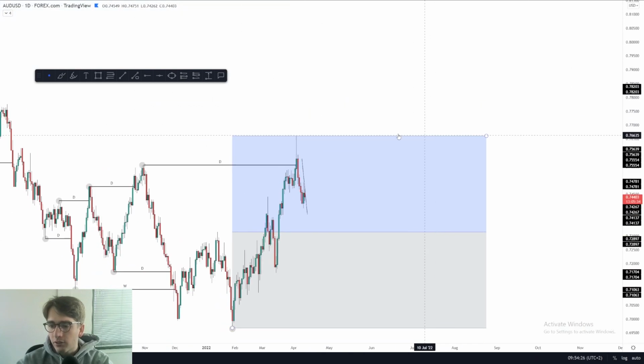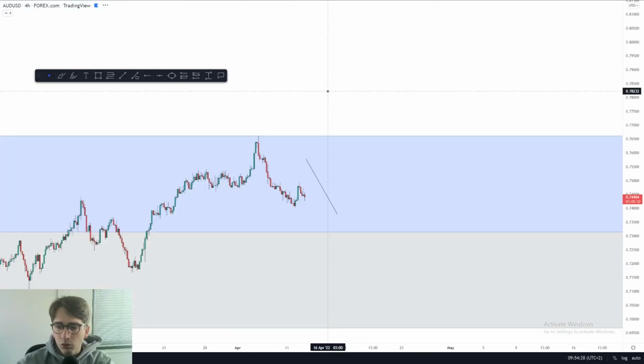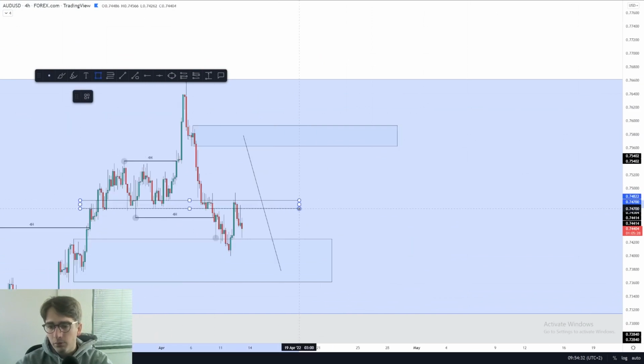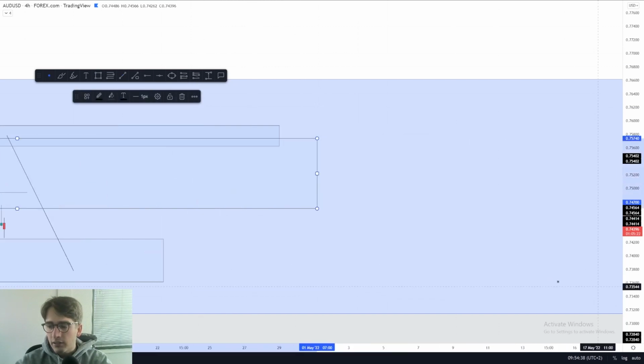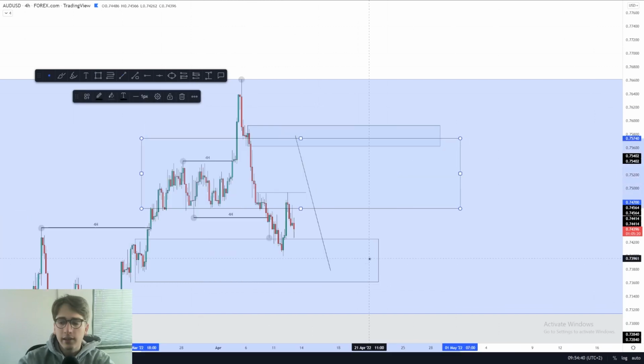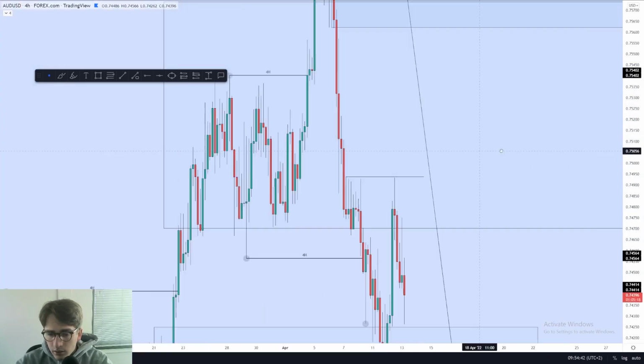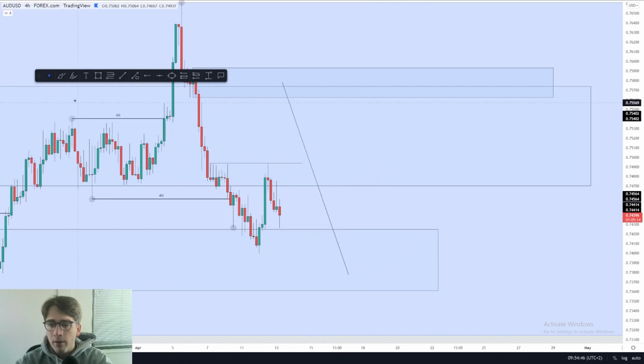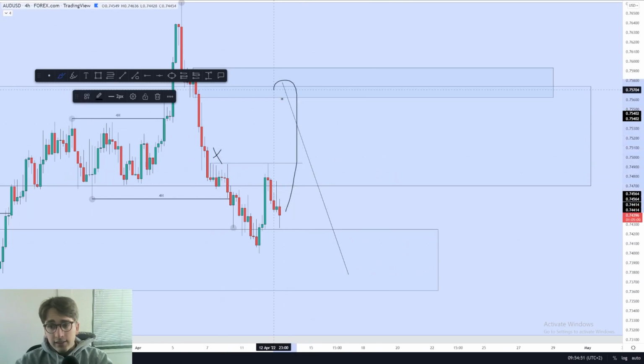Aussie dollar is currently dumping back down towards the downside after tapping in towards this area of support and resistance. At the moment, I just want to see if this high has already been taken out. Let's see. No, this high has not yet been taken out, so I still wouldn't be surprised if we do see one more pop up towards the upside, taking out these equal highs and still potentially tapping in